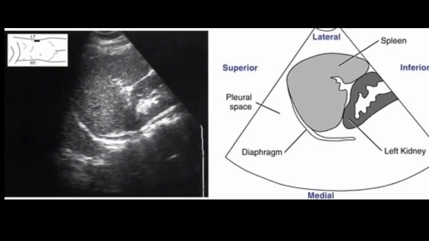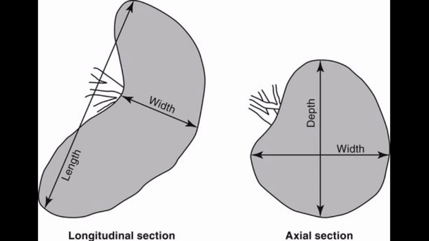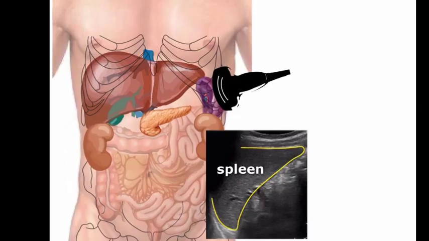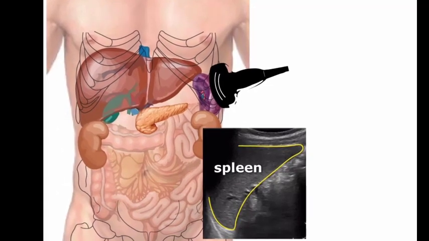Scan protocol. Role of ultrasound: to assess the 1. Size. 2. Shape. 3. Texture. And 4. Vascularity of the spleen. The spleen is a parenchymatous organ located in the left upper quadrant of the abdomen, in